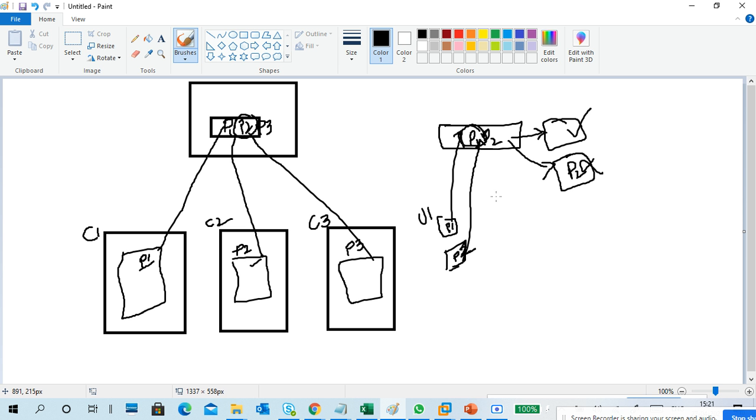Your main program is corrupted because you took P2 and developed, you took P1 and developed, and you uploaded it. If in case P1 is in a backup somewhere, then you can remove P2 and put P1. So we can roll back, right? What happened is the new version is corrupted and not working, and it also replaced the old version. Now you are not getting the old version or the new version. That is the problem you got.